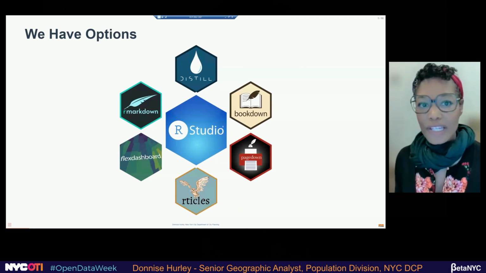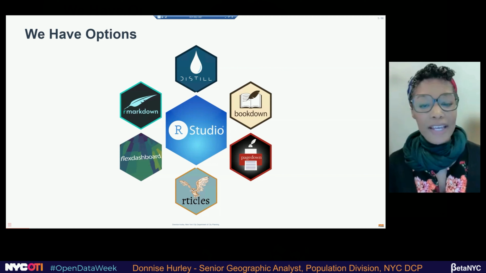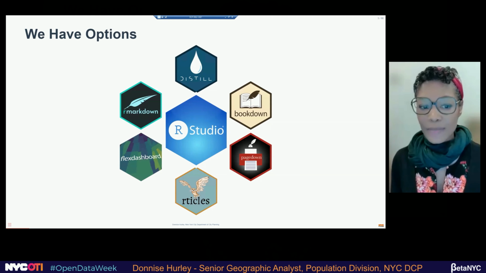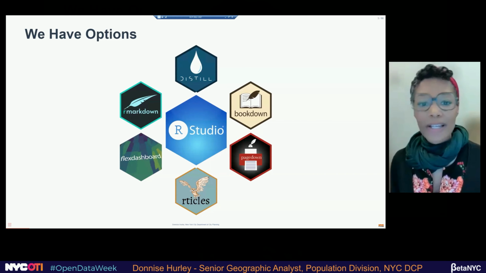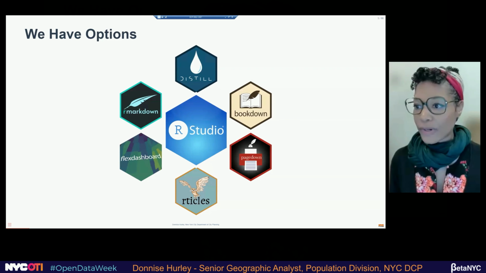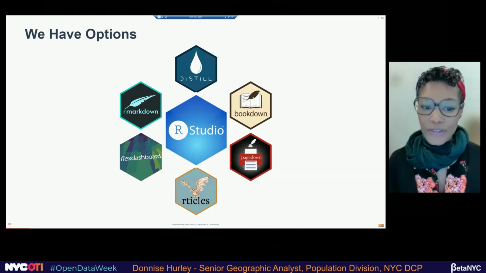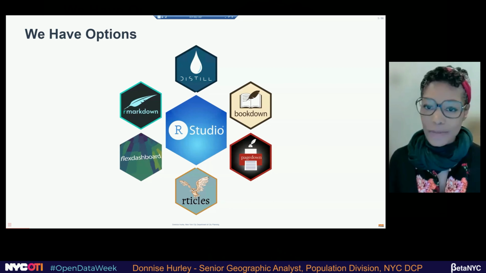Within the R ecosystem, there's several options for creating interactive documents and books. Many of you, if you've used R, may be familiar with R Markdown or Bookdown. R Markdown is for creating HTMLs. You can also render to PDFs, a bit clunky. Bookdown is for books. Distill is for technical documents, and there's many more. But what happens when you want to do all of them in one document?